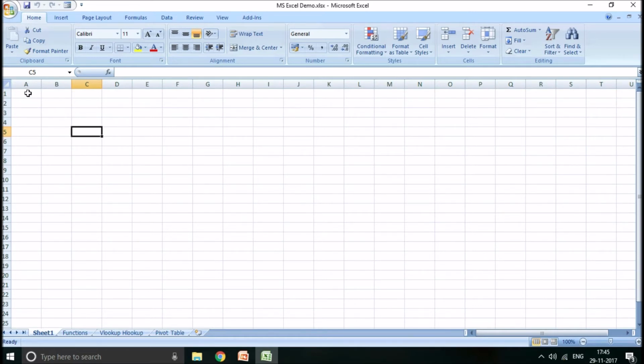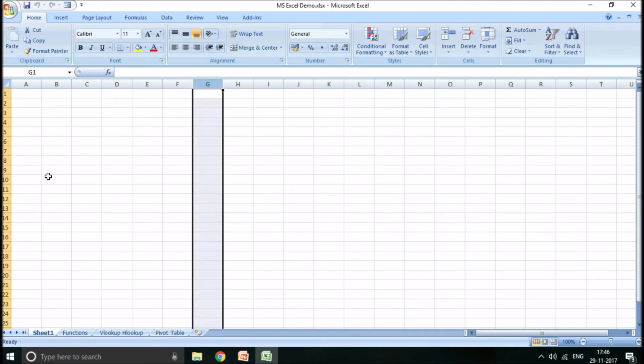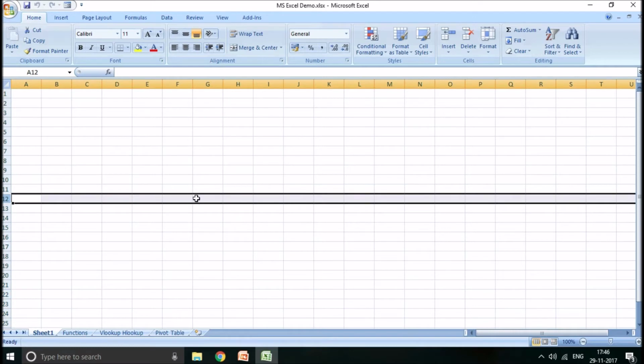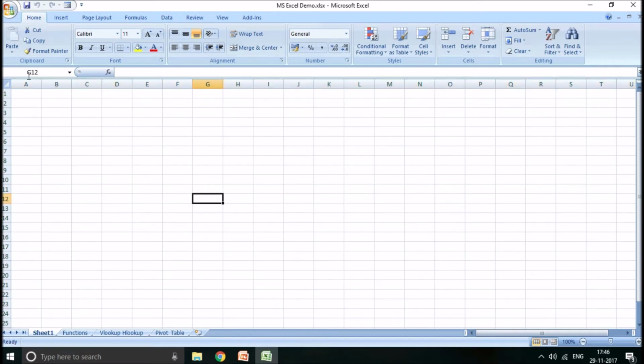So if you select this particular cell, now this is called a cell. You can see here it is showing which cell your cursor is right now on. So now we are on A1. If you click here, it changes to G12, right? So G is the column, 12 is the row. So that's why it shows that as G12. So these are called cells.